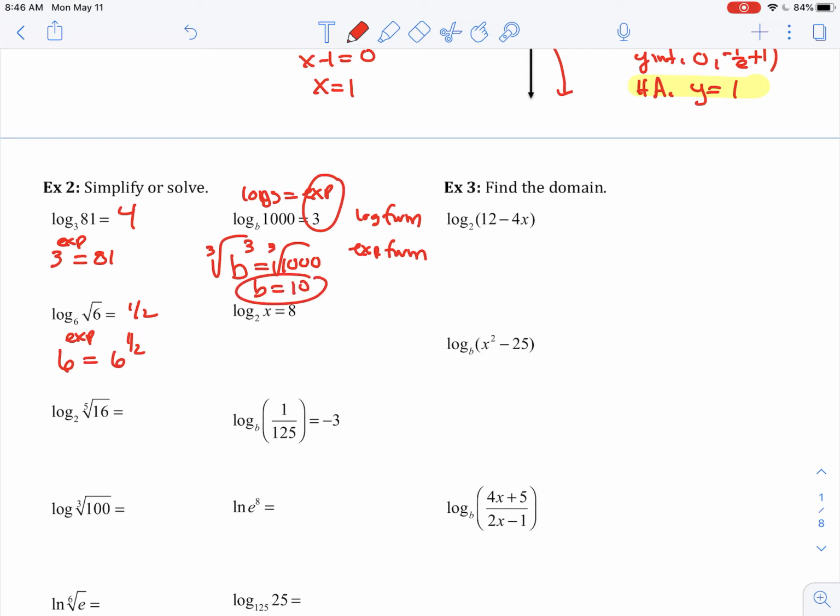And below here, again, going from a log form to an exponential form, we know base 2 raised to the exponent of 8 would give us our x, and 2 to the 8th is